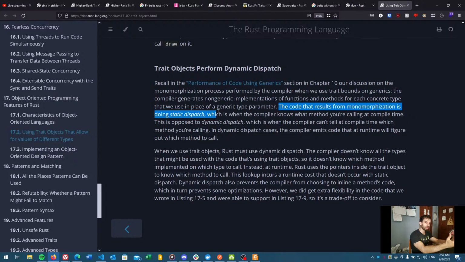Because they simplify the code so much, they generalize for everything. This is what happens here, but it is much more efficient. And then you've got the actual concrete types, which you know at compile time. And even though this is kind of warning you that this lookup incurs a runtime cost that doesn't occur with static dispatch,